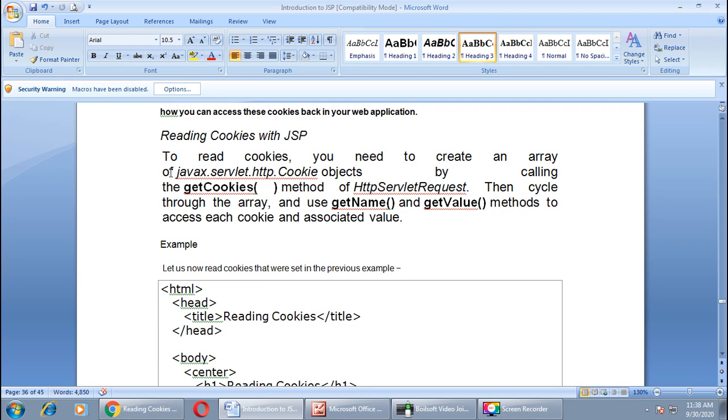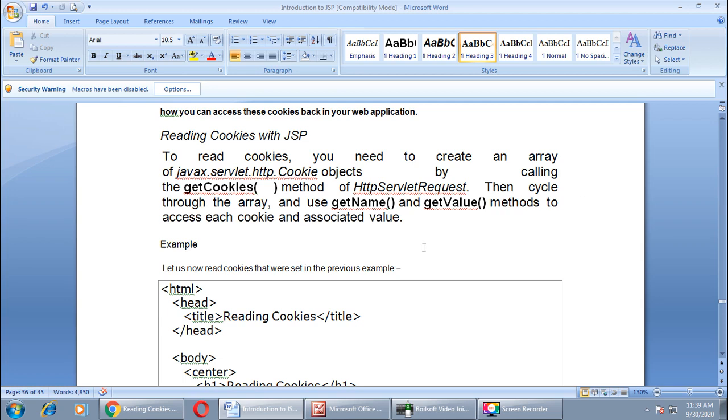To read a cookie, you need to create an array of javax.servlet.http.Cookie objects, right, by calling the getCookies method of HttpServletRequest class. Then you can use a for loop for getting the name of cookie and to get the value associated with the cookie, right?